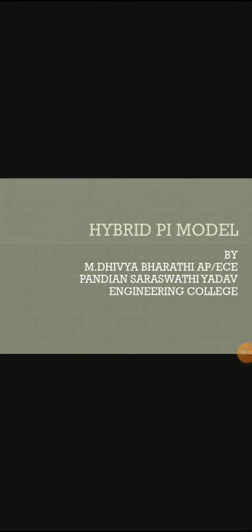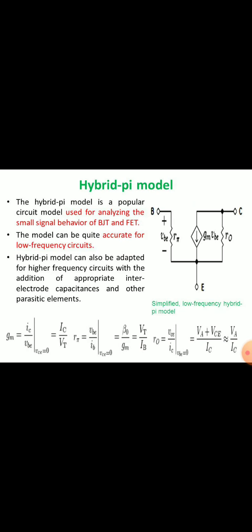So today we are going to see about the hybrid pi model. So what is the hybrid pi model? This is the basics of a hybrid pi model. Bipolar transistors are also commonly used in circuits to amplify time-varying or sinusoidal signals. In this linear application, it is done in the forward active region. In this application, the sinusoidal parameters are the area of interest, so it is convenient to develop a small signal equivalent circuit.